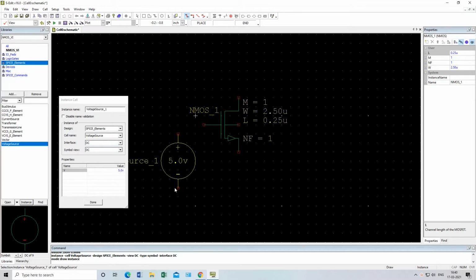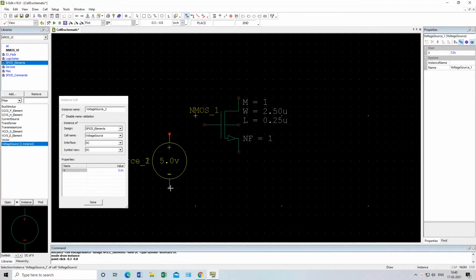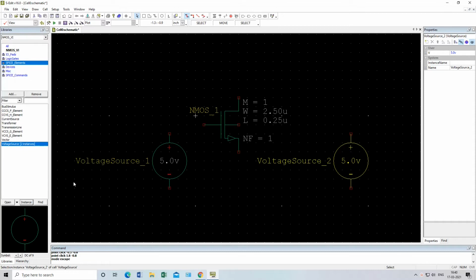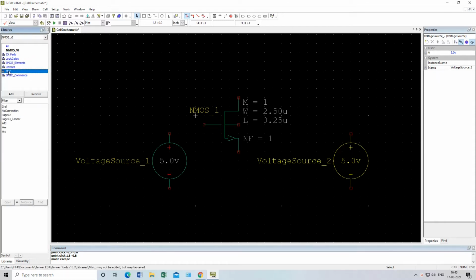So I have selected DC voltage. Just drag it and left click, again drag it, then again left click, because we need two voltage sources, one for gate and one for drain. Okay, and then click Done. So these two voltage sources also come into the picture. Now we need one ground connection.